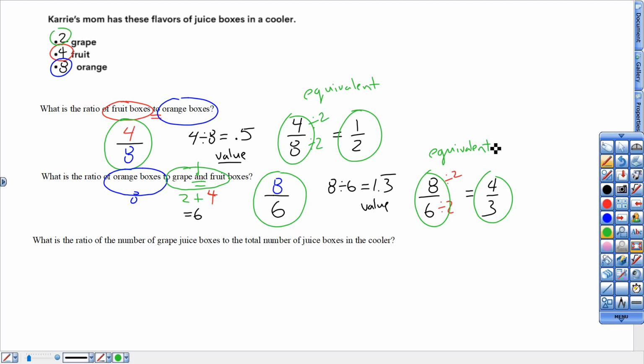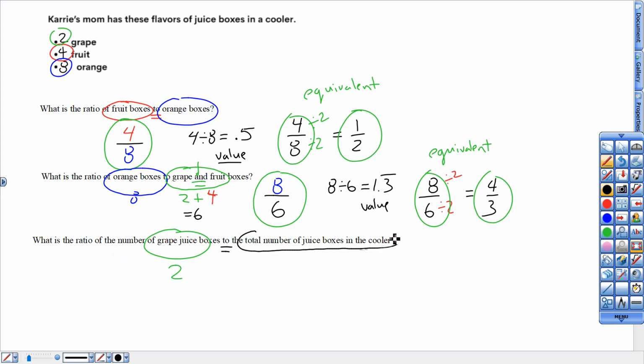All right. Second to last word is boat. One more word after this. Boat is the fourth word. All right, next one. Ratio of grape juice boxes. So it looks like grape is 2. So I have 2 of them, to the total